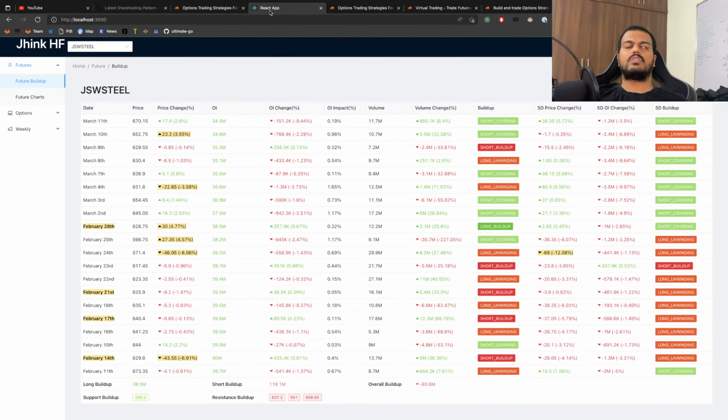Now coming back to this one, the trade price changes. If you look, the price changes were massive, but followed by the OI, the OI has decreased. That means there was huge short covering, but the overall trend looks like short covering, and it has to be a massive move for that to convert into a long buildup, and there is huge shorting which has been happening.